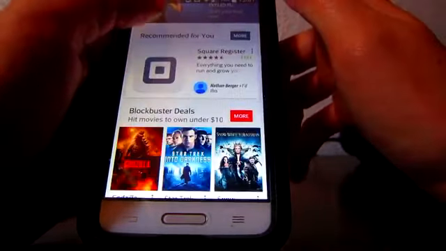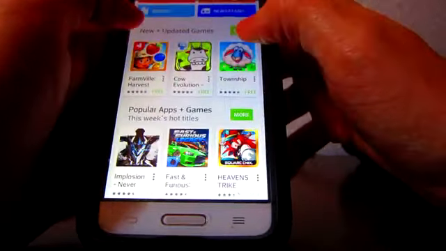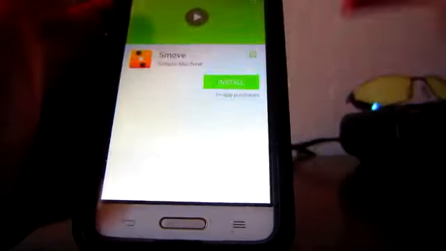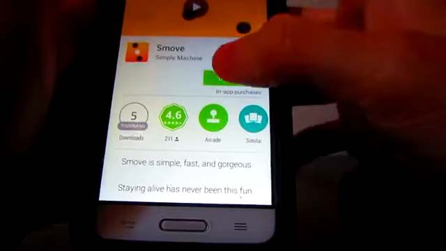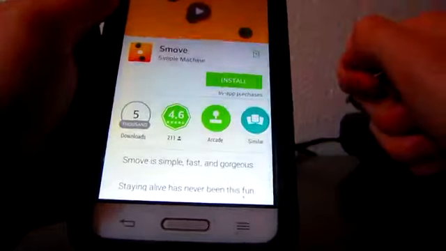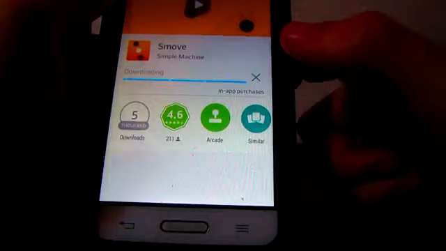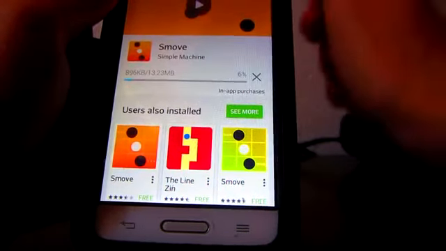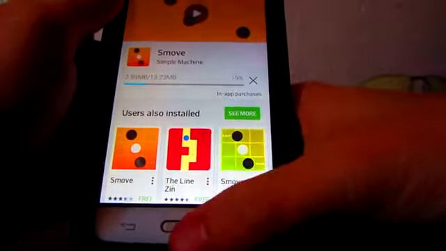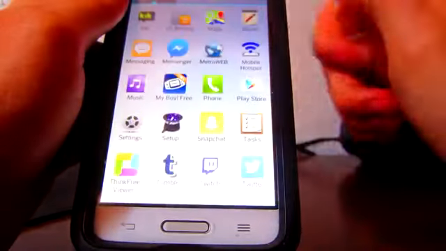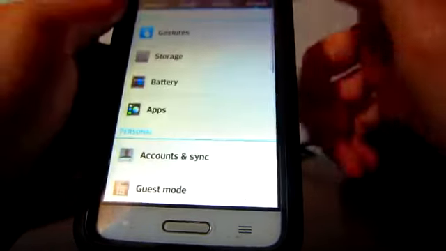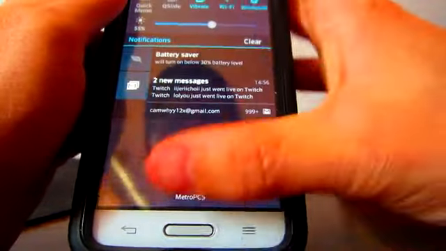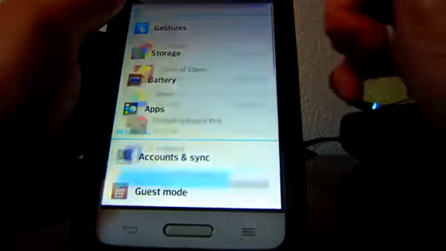So let me just find an app real quick, just one that isn't stupid. See, Smove, I'll just install that. Accept. It's going to download, and it's going to install right to the SD card. Now that's done. Simply go to apps, go to settings so we can be ready for it. 3 seconds left, 1 second left. Bam, done. You'll see once you go into apps,